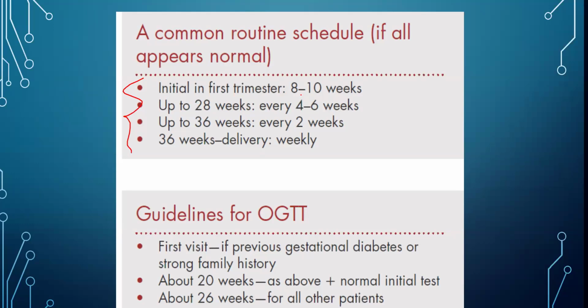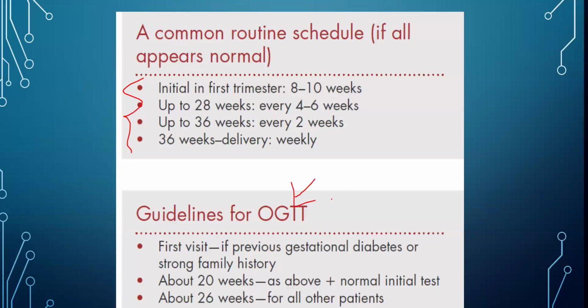Yes, so anomaly scan and morphology scan is the same. If the definitive test is positive, then normally you would need to tell the patient that you have a high risk of a Down syndrome baby. What do you want to do? Do you want to continue or terminate? Yes, definitely. A screening test doesn't say anything. It just says it is a high risk of having a Down syndrome baby. Okay, so yes, karyotyping is absolutely necessary.